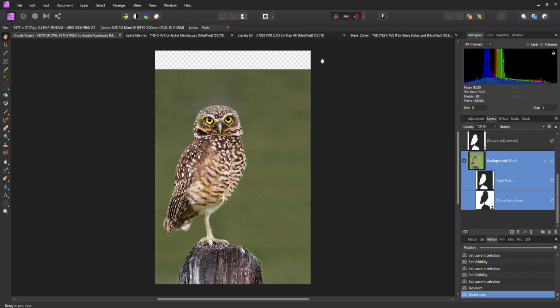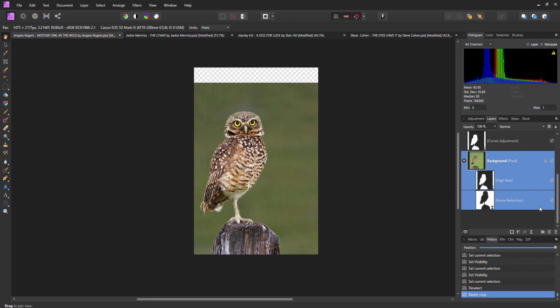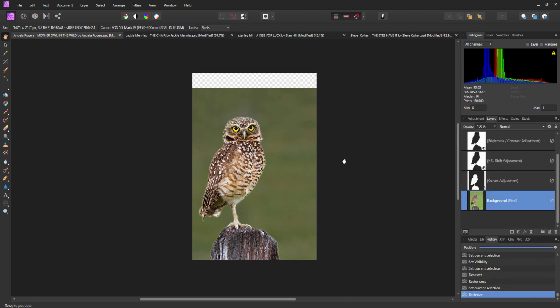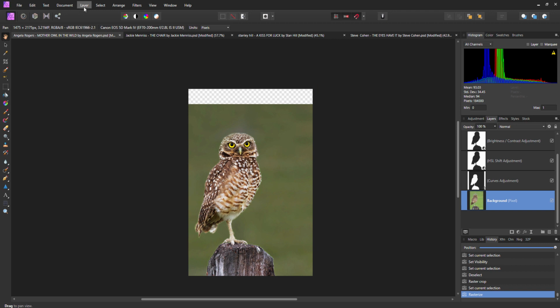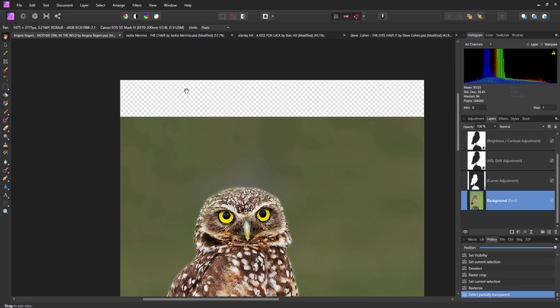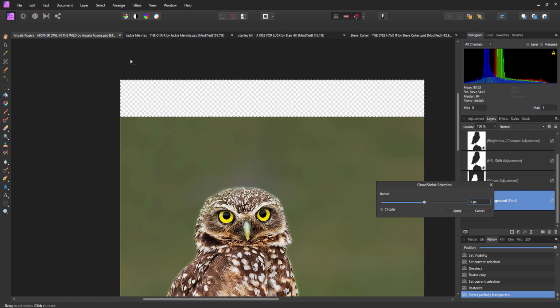And of course now we've got the checkerboard at the top. Now the way you would go about that is select and say rasterize and trim, just to make sure that the picture's exactly on the frame. You would then say select alpha range, select partial, and what I would generally do is go select grow by 2 pixels,